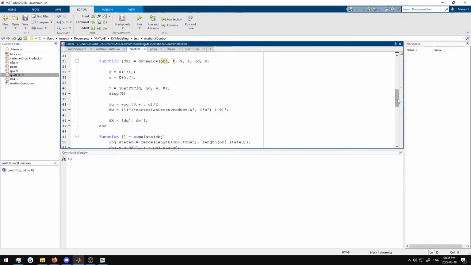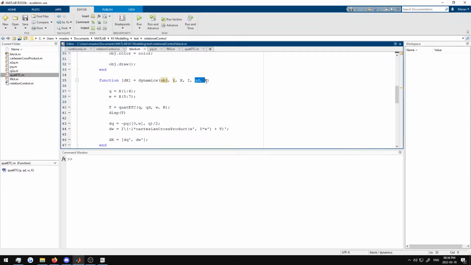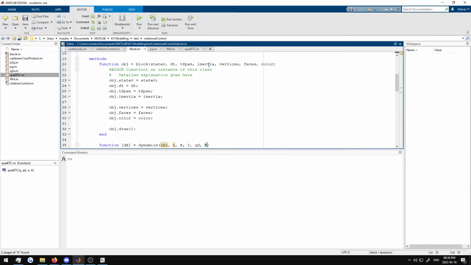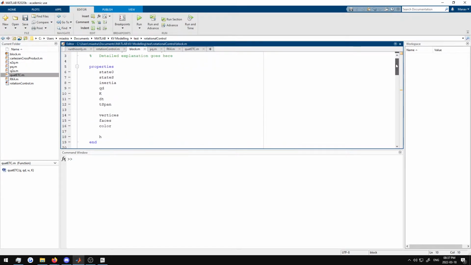Now we just need to change our simulate function. Before we were only feeding it inertia, now we need to feed it QD and K. So first thing we need to do is make sure those values are being inputted. For our blocks, we also need to feed it QD, and we also need to feed it K now. So we have obj.qd equals qd, obj.k equals k, and this should take in both of these values. We also need to define them up here, so we'll just do qd and k,